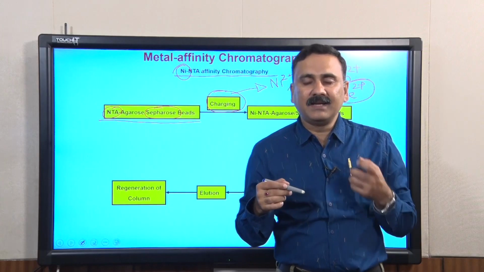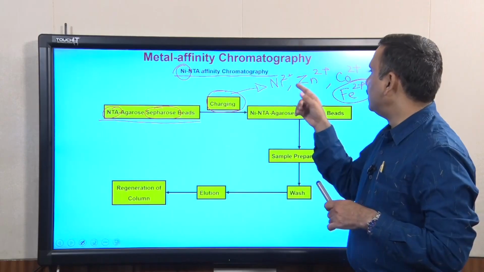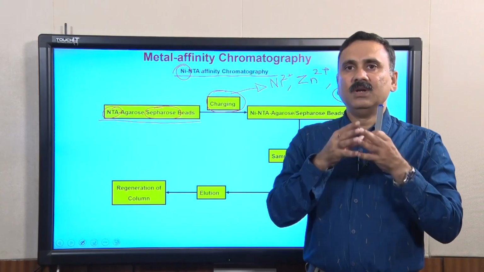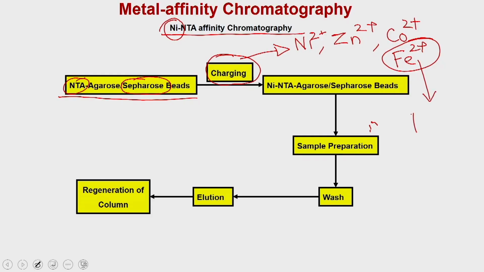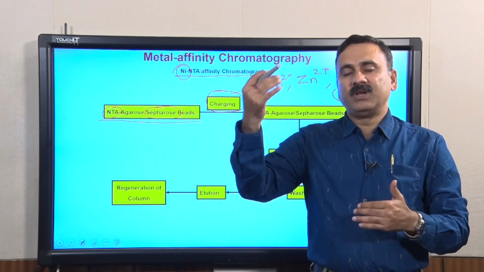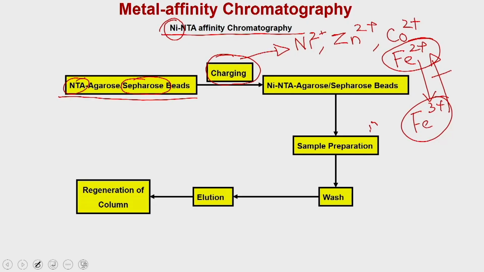Why do we not use iron as a transition metal? Because the transition metals we are talking about, nickel, zinc and cobalt, are highly stable compared to iron. Iron 2 plus is very readily converted into iron 3 plus, and iron 3 plus gets reverted back, because the protein may be in a reducing environment. In this process, there is a switching of iron 2 plus to iron 3 plus and 3 plus to 2 plus,